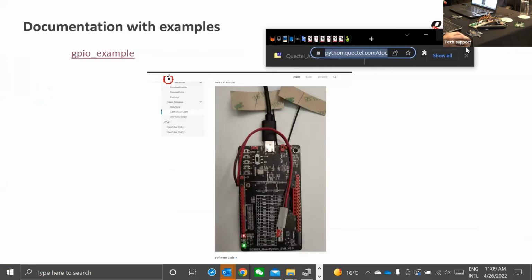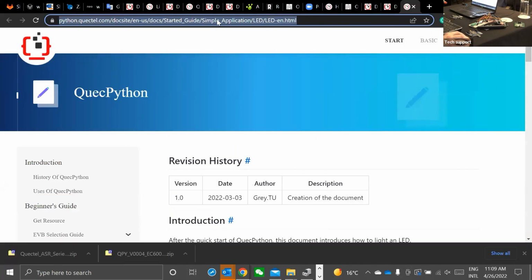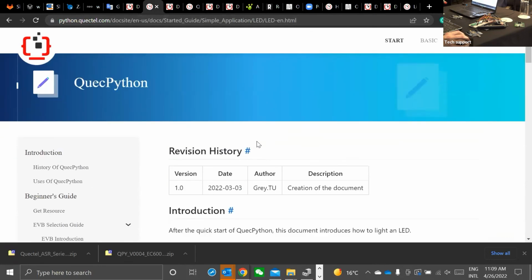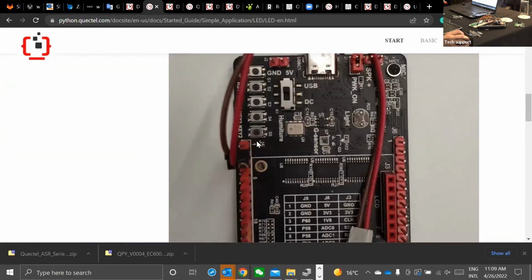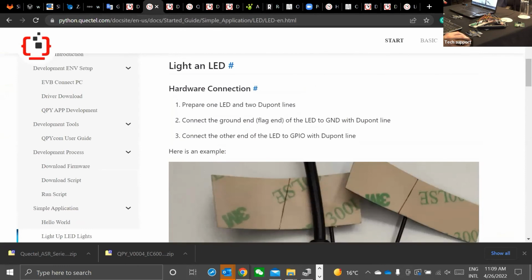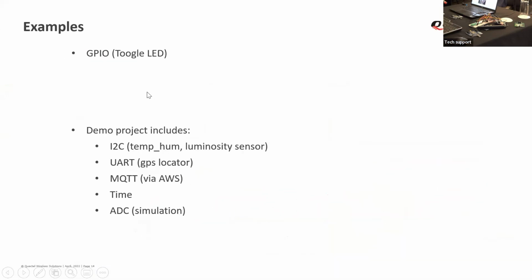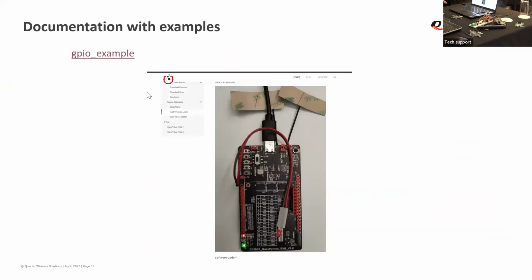I already have it opened here, but I don't know on which tab. I cannot click because of, okay.